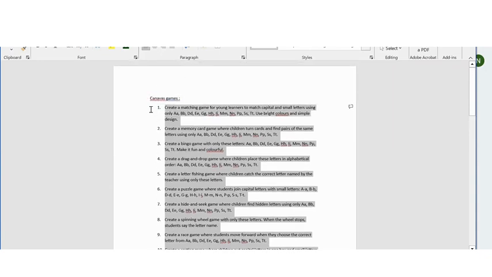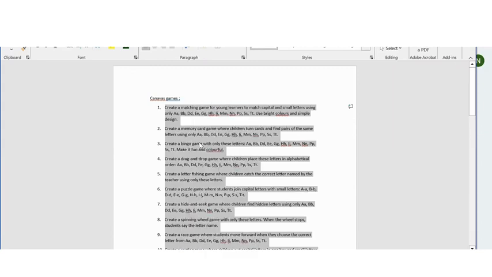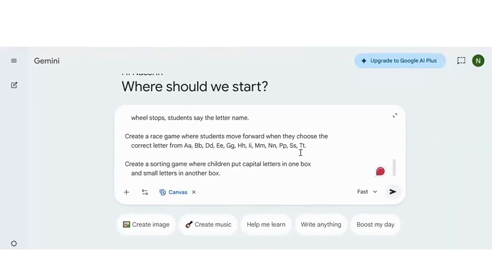I'm going to copy all the prompts for the letters that I have taught. They include memory games, word and picture activities, letter recognition tasks, and matching games. So I'm just going to copy them and paste them into my canvas and let it create interactive activities for me. This is a quick and easy way to reuse all your teaching materials and turn them into fun games